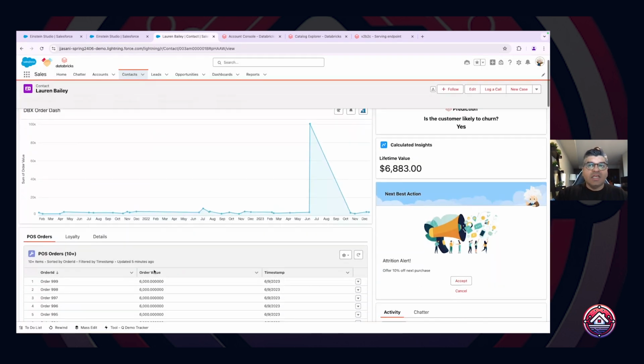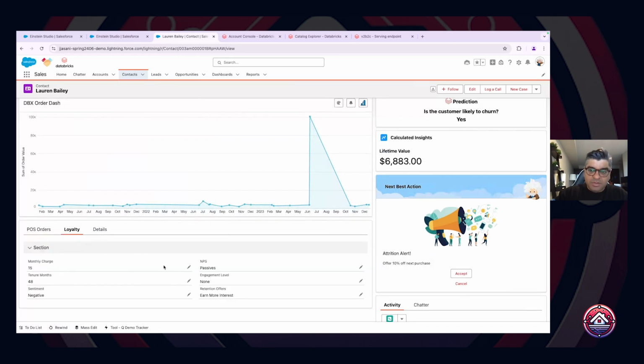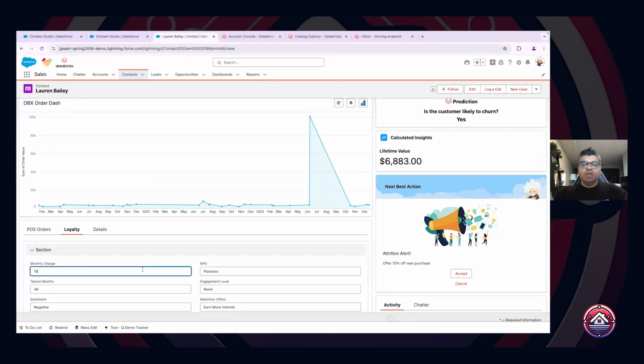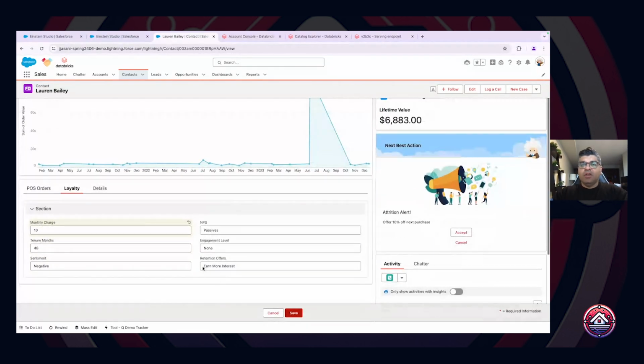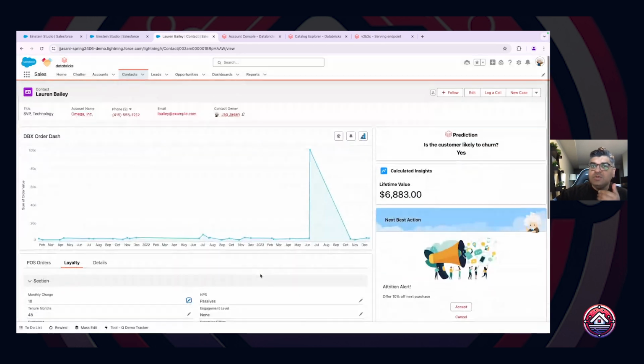So Lauren calls us and says, hey, I'm not very happy with the monthly charges. I'm paying way too much per month with you guys. I would like to be at like the $10 sweet spot, for example. Okay. And so here we agree, you know what, Lauren, you've been a customer of ours for like 4 years. We're happy to give you 33% off, and then go ahead and change that monthly charge. As soon as I do that,